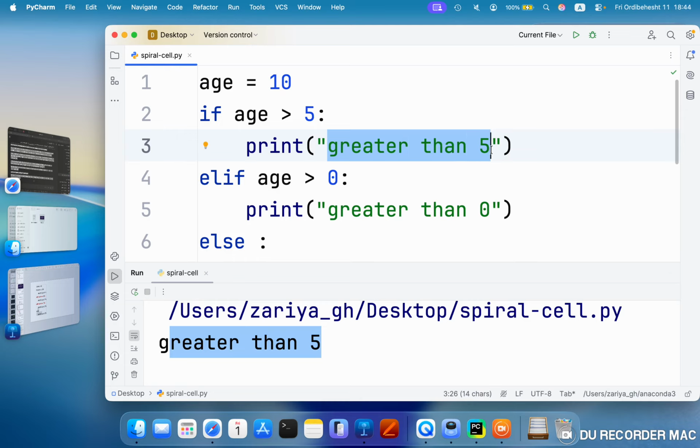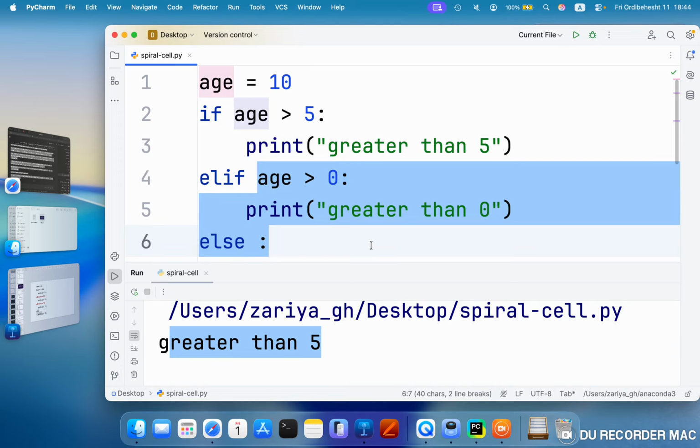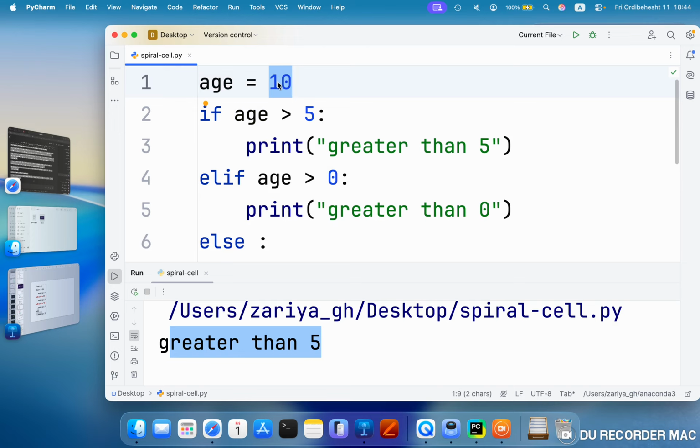In this case, since the age is 10, the first condition, if age is greater than 5, is true, so Python prints "greater than 5", and it does not check, it's important, it does not check the following elif or else at all. If you change the 10 to 5 here, or to 3, and run it again,